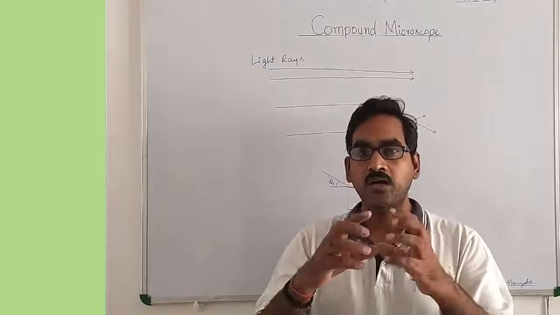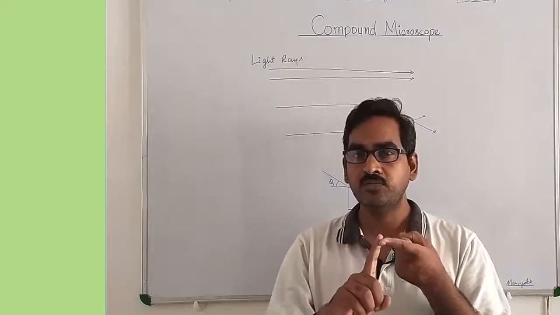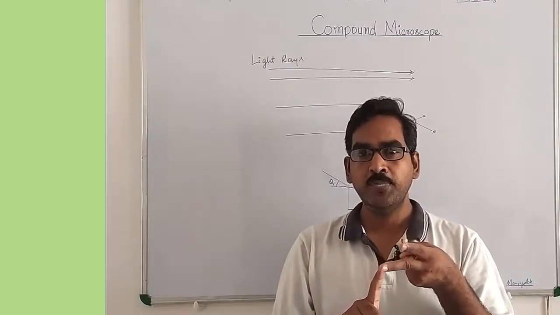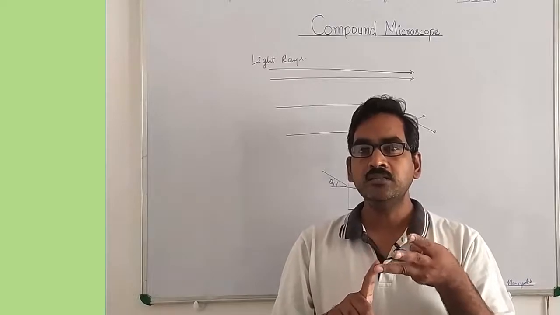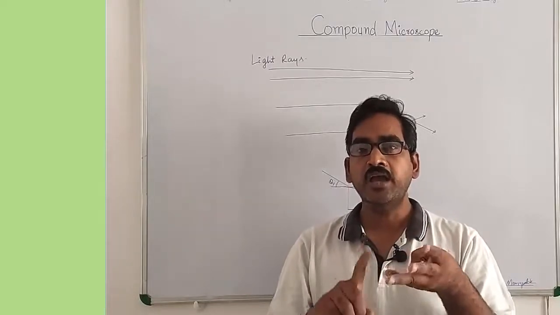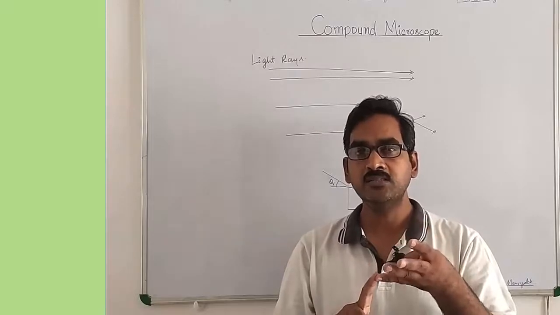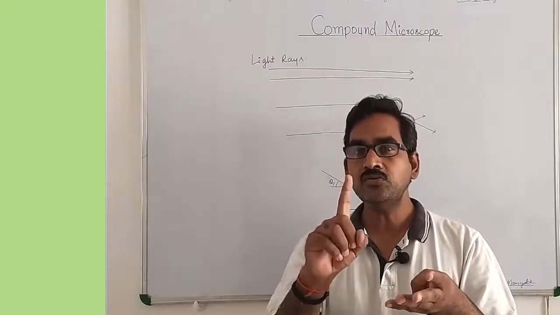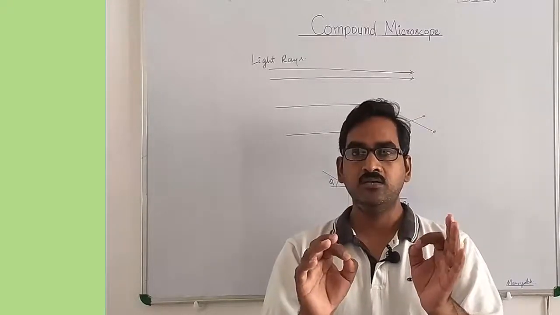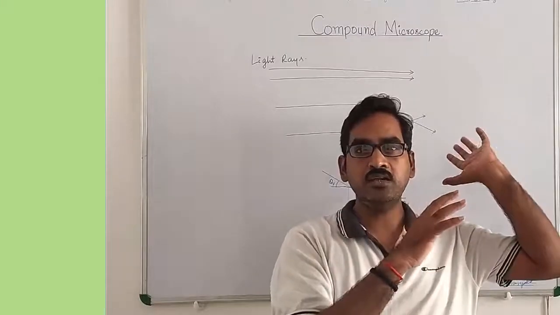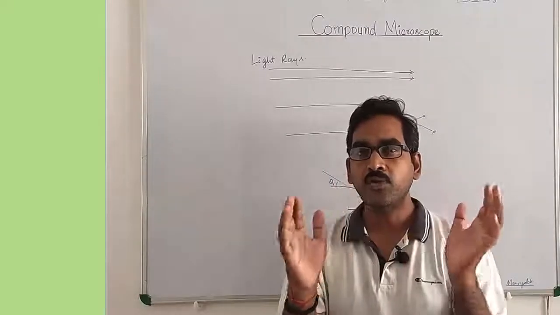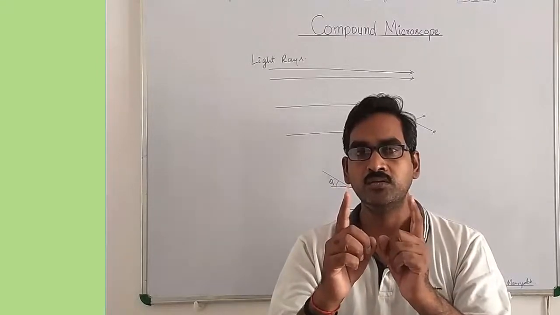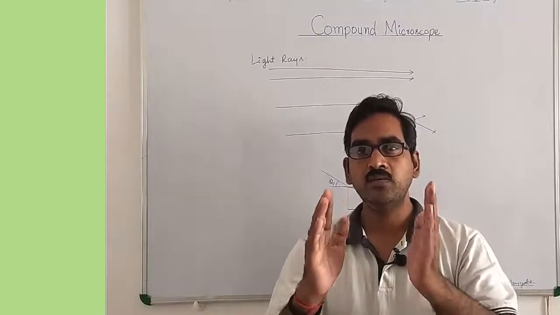So we will understand the concept of image formation, use of convex lens in microscopy, and third, that is the magnification, and fourth point that we will discuss is the concept of resolution. And resolution is very important. When you try to understand the concept of compound microscope, then resolution is very important. So let us understand one by one.